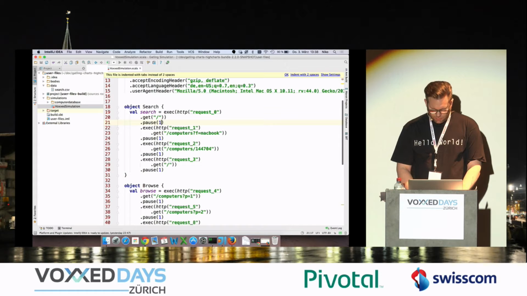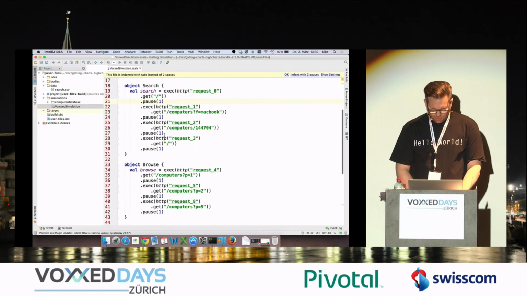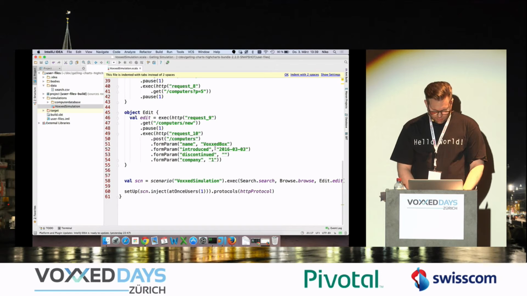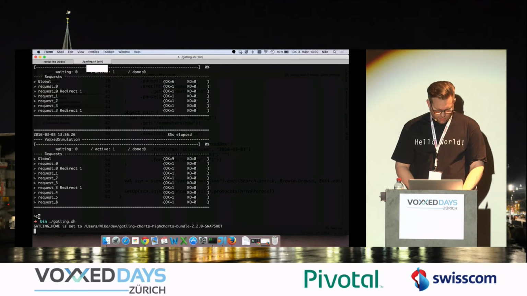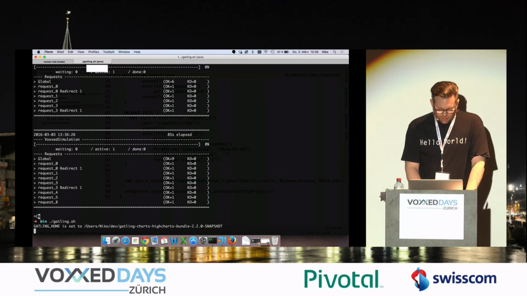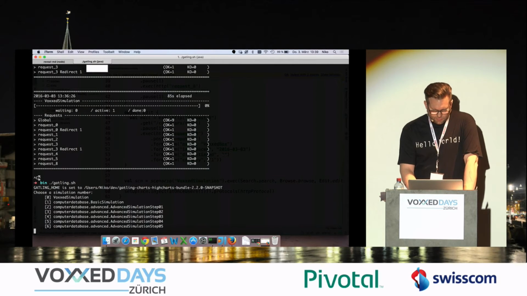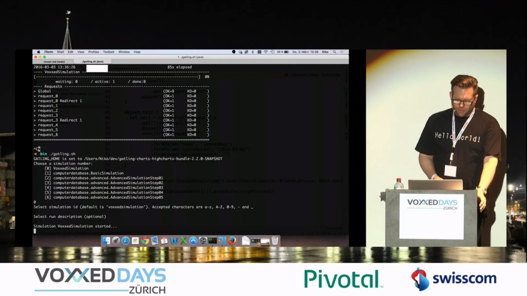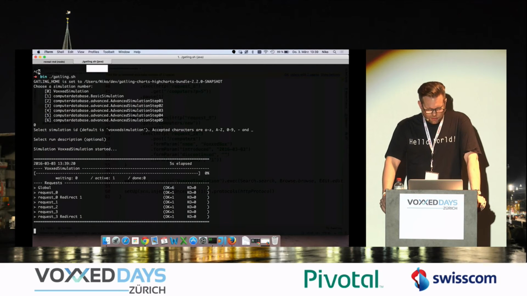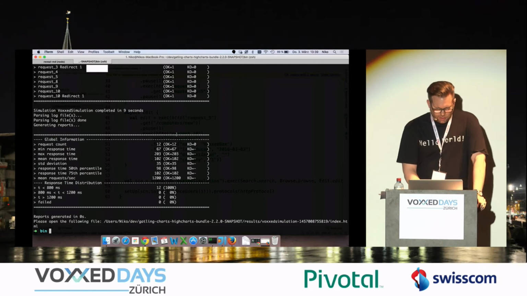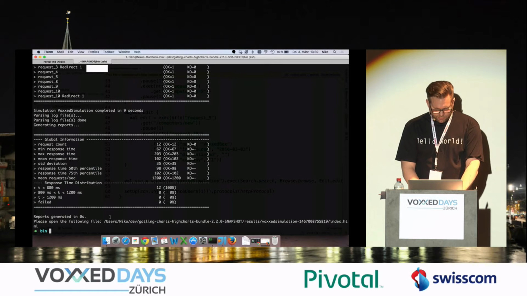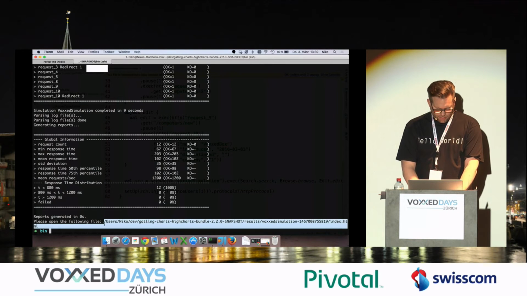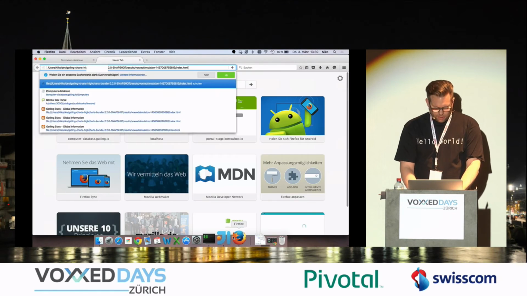You shouldn't do this for your production tests, of course. And yeah, now start the Gatling client again and recompile the source, and we can run the Voxxed simulation. Now it's starting, and you see also after 5 seconds there are more tasks executed. It's finished with 12 requests, and we take the path for the report, and just open it in